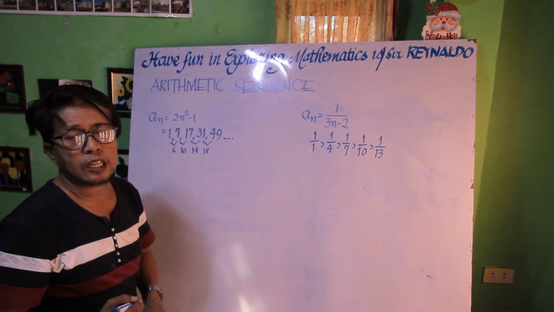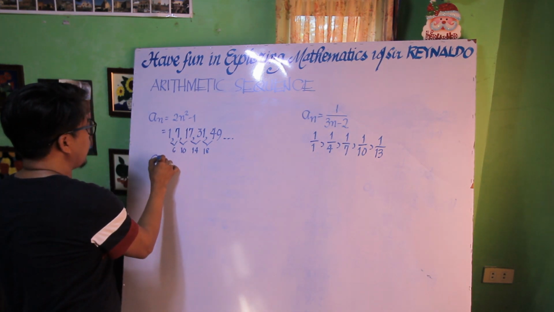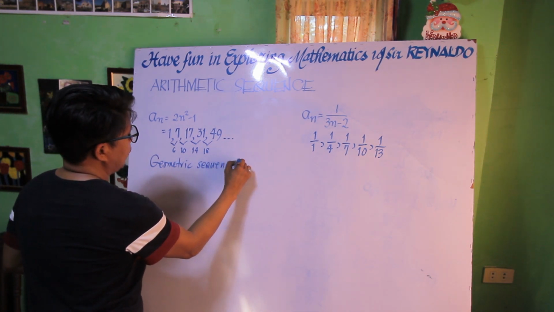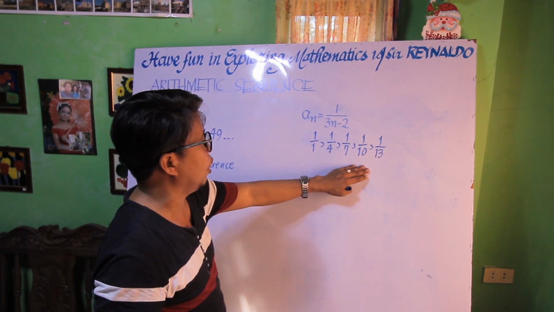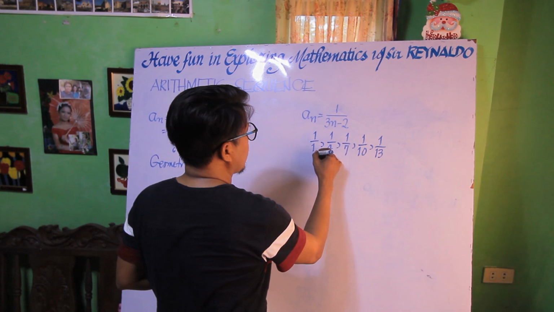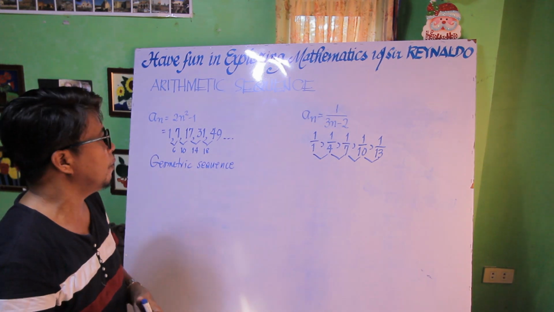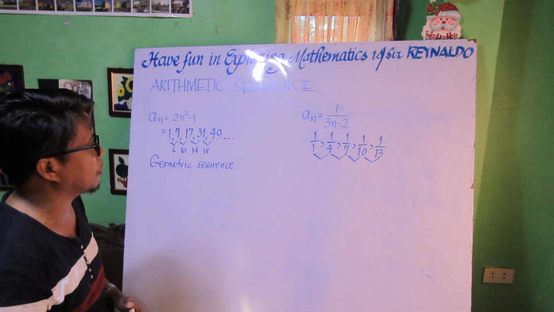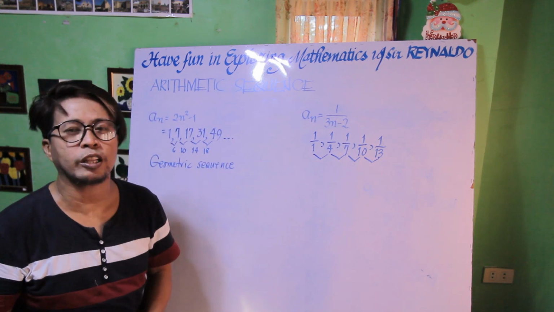Yet, still they are called a sequence. But this time, this will fall under our next kind of sequence, that is geometric sequence. And so with this time, if we cannot take any difference at all, if we have 1 over 1, then we have 1/4. So, actually, their differences are not common. So, therefore, these two general rules are no longer in the arithmetic sequence, though they are still a sequence. And these two topics will be discussed on the latter part of our